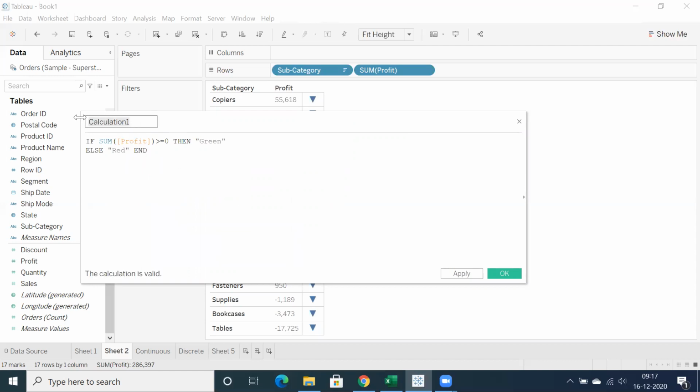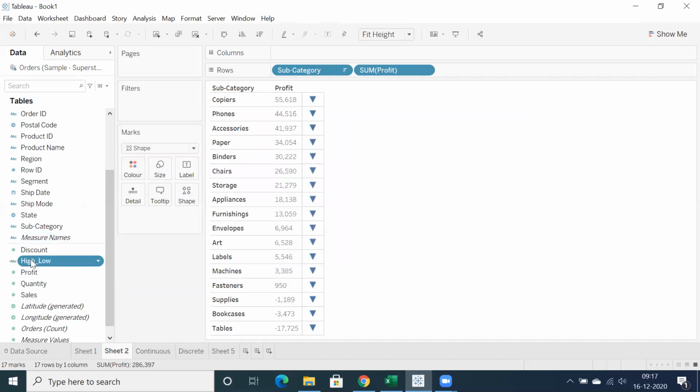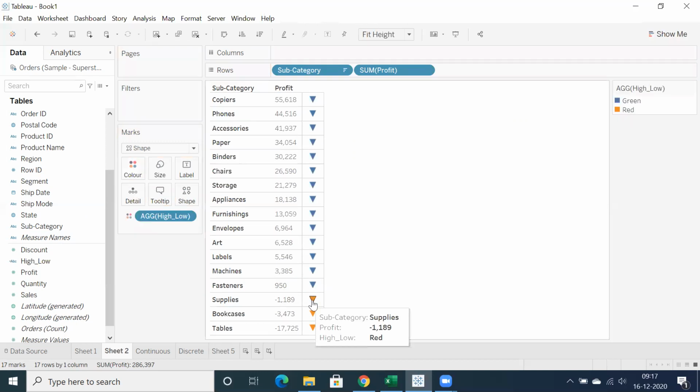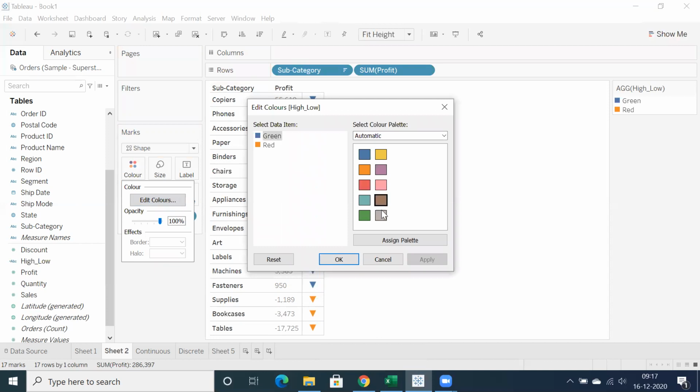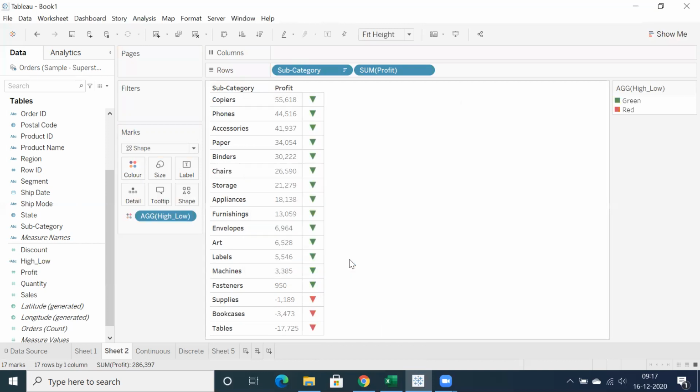So this is high or low, or some indicator. Just drag and drop this high or low into color. First of all, you can differentiate with 0, greater than 0 and less than 0. Yes, we have done that. And assign the proper color. For green, assign green color. For red, you can assign red color. Now I am able to differentiate red and green indicators.